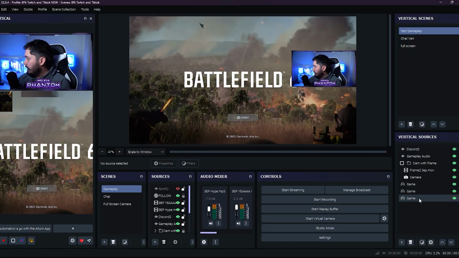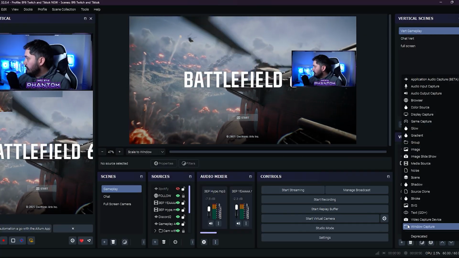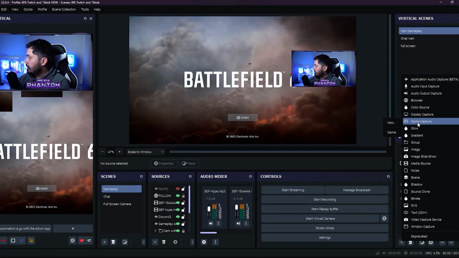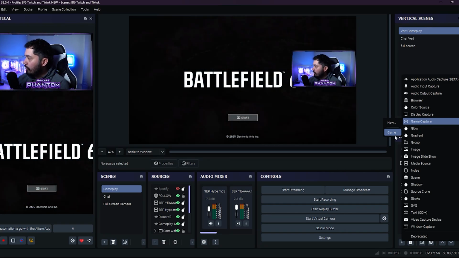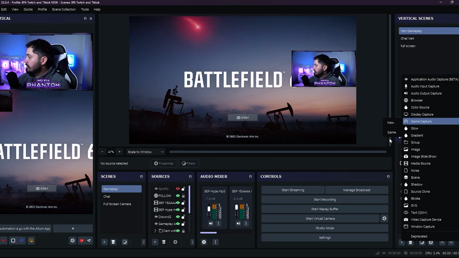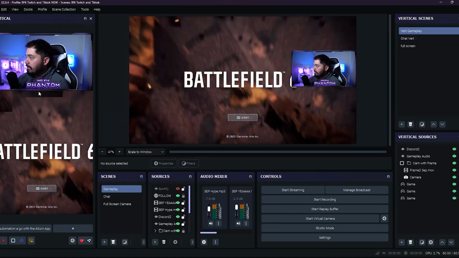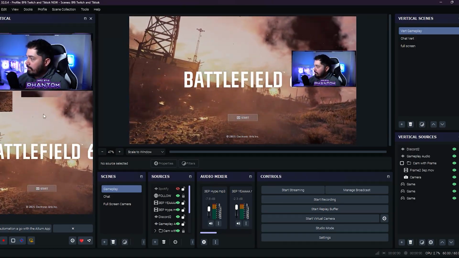First thing I do is add in my game. You go to plus here on sources and add game capture. Add game capture right here, click game, and it's going to pull the same thing from your original canvas. Once you add it, you can resize that over here. I like to resize mine about like this is laid out, so I have room for my camera and for